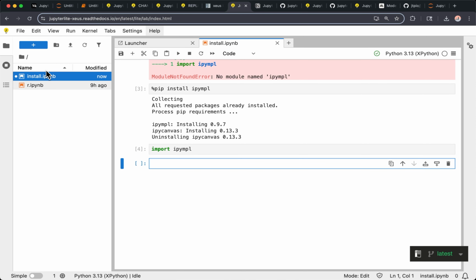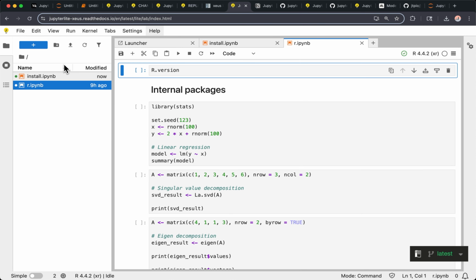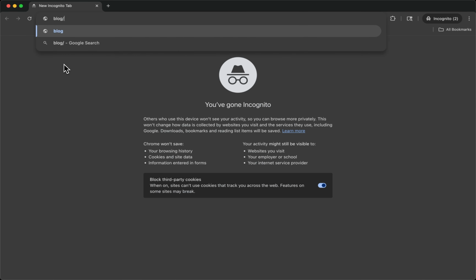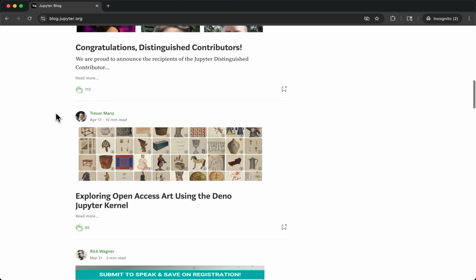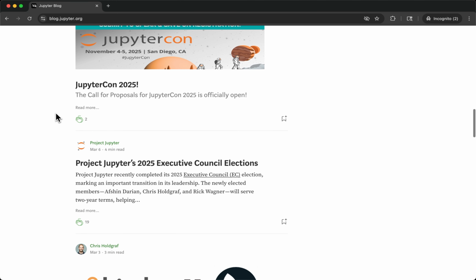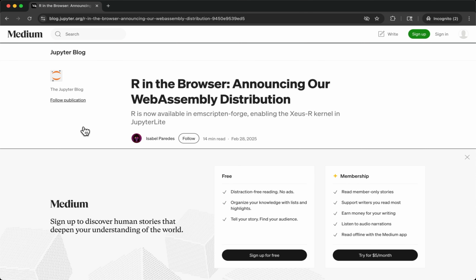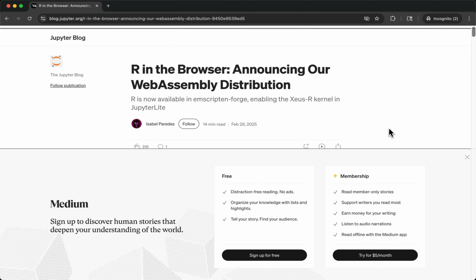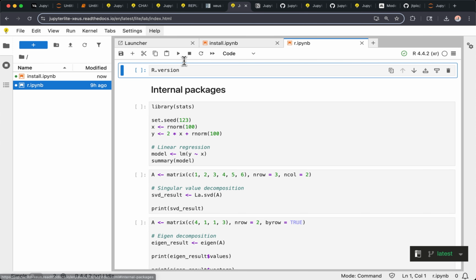So yeah, Jupyter is not all about Python. Maybe I can show you quickly. You can subscribe to the Jupyter blog, and maybe you may be interested in this one if you are more into R. Here the announcement is a new kernel based on Xeus, similar to Xeus Python but for R, the R language, that runs in the browser, and it's also available in this demo.